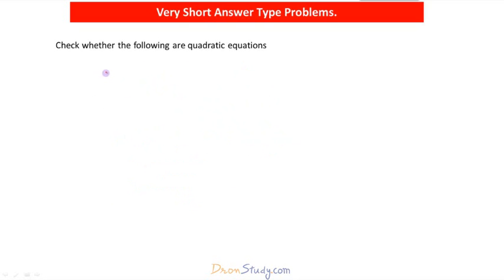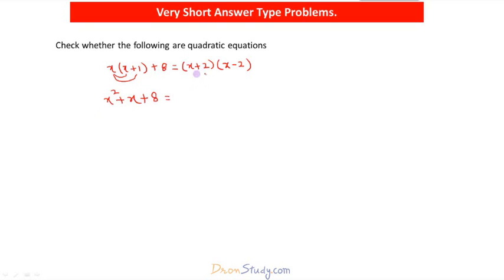Now take one more question. The equation is x into bracket x plus 1 plus 8, which is equal to bracket x plus 2 into another bracket x minus 2. Now first we will solve this left hand side. Multiply by x inside the bracket. So x multiplied by x will be x square plus x into 1, that is x, plus 8, which is equal to